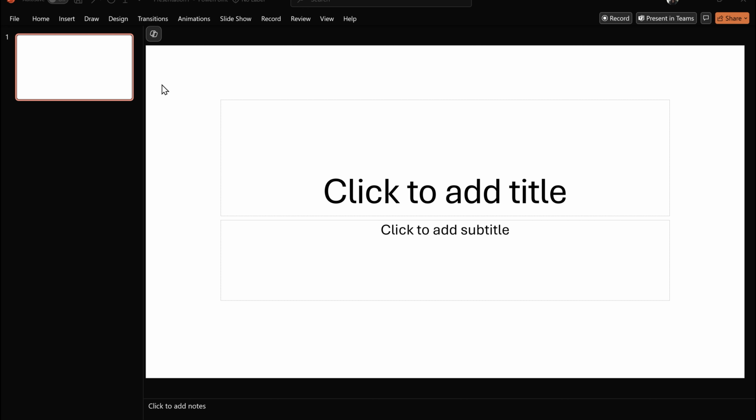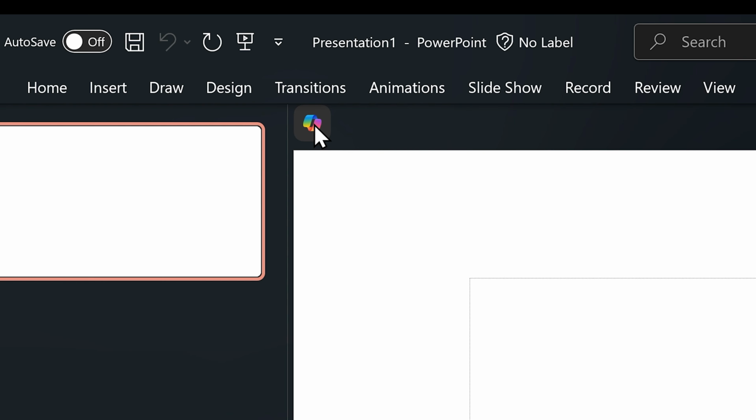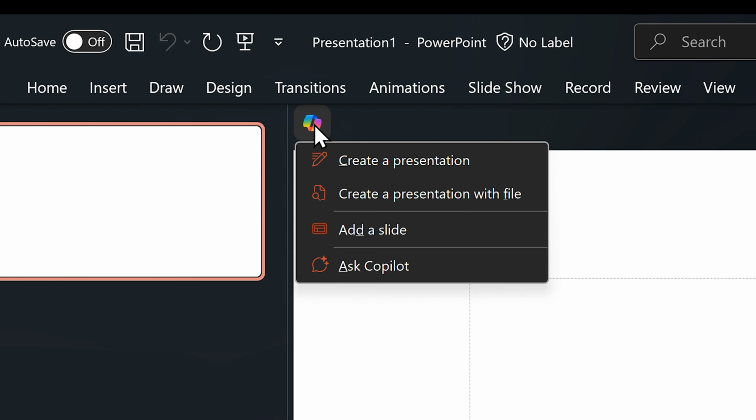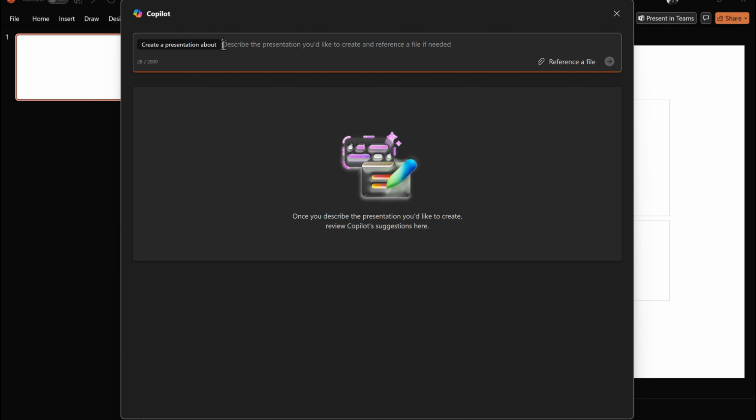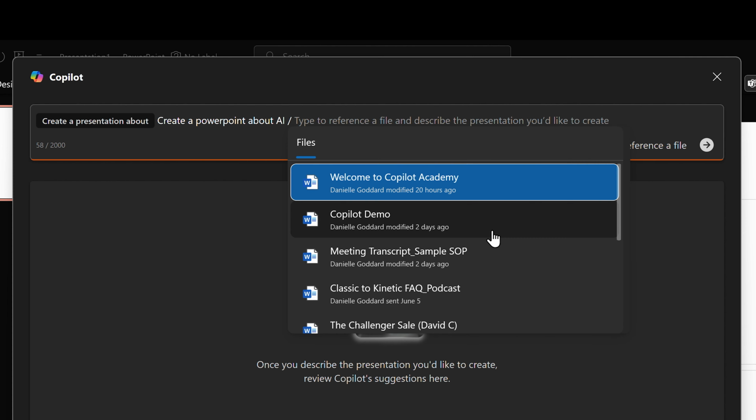Okay, so once you open up the PowerPoint, start a new presentation, you'll see the little Copilot icon in the top left of the slide you're currently on. Click that and you see some options. First one being create a presentation. This process is pretty similar to what we just did in Word. You can write a prompt as detailed or as vague as you want. Reference a file here,